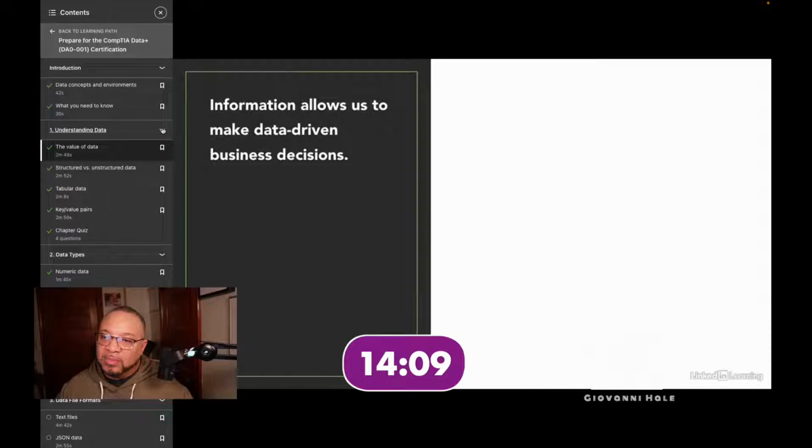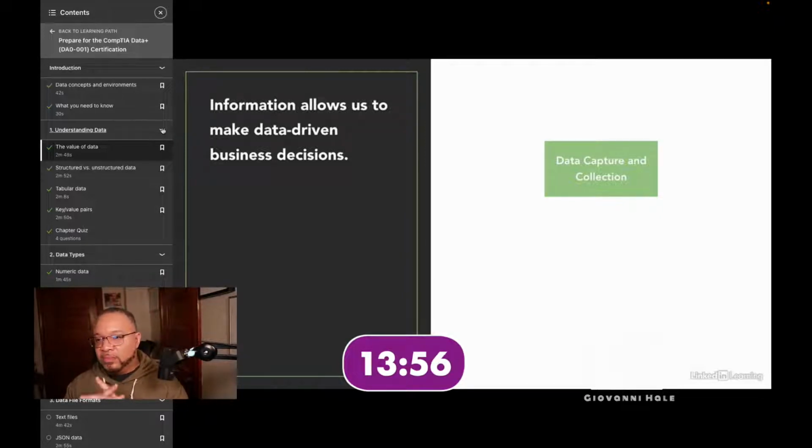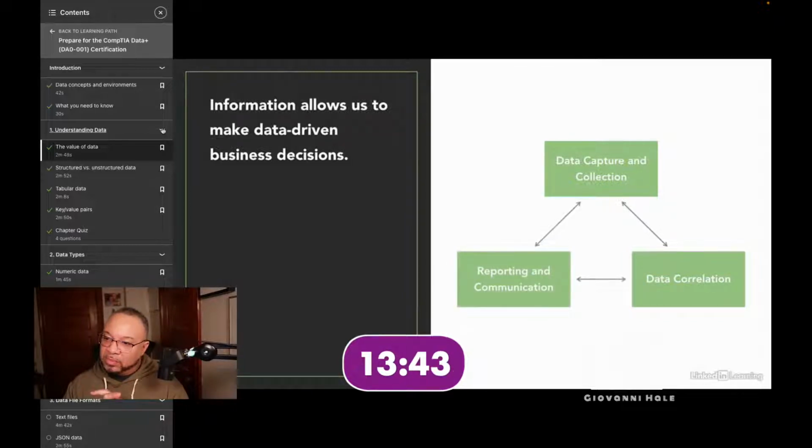Now, there are a few stages to this process. First, we capture and collect data that might have meaning to our business. Whether that's temperature data like our previous example, data about our customers, products, or the operating environment, there are many different kinds of data that might be valuable to us. Once we have that data, we can correlate it, performing analysis to help find the meaningful information that it contains. And with that information in hand, we can provide reports to business leaders, helping them make data-driven business decisions.